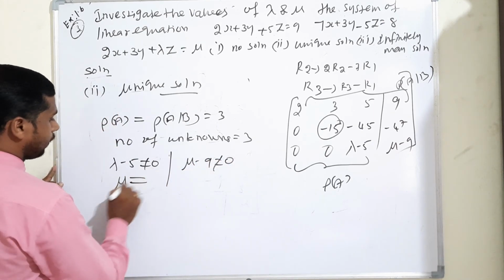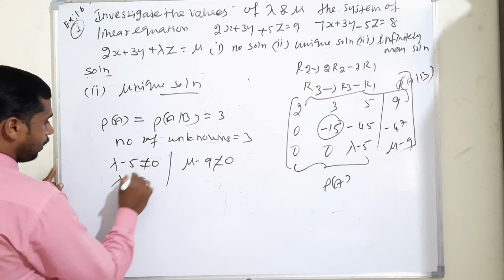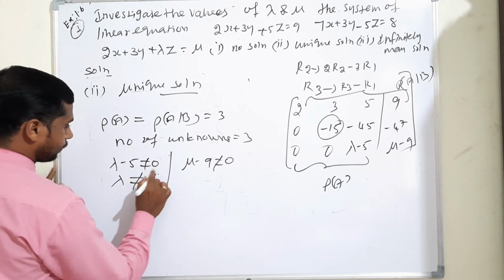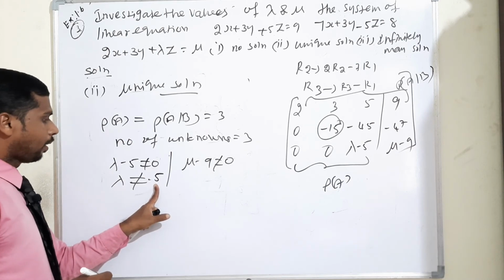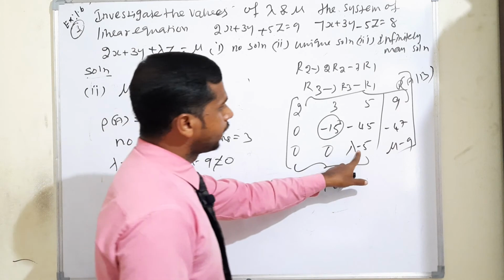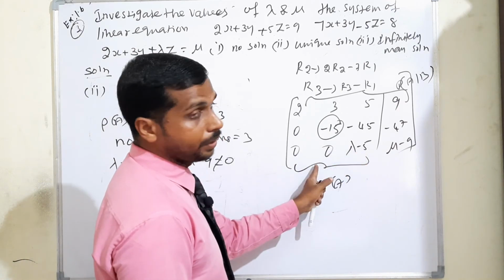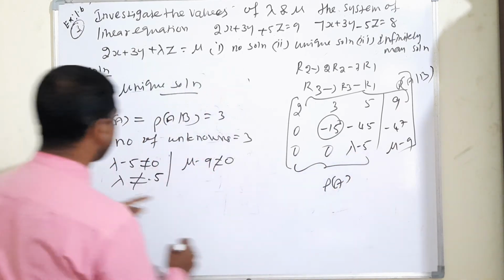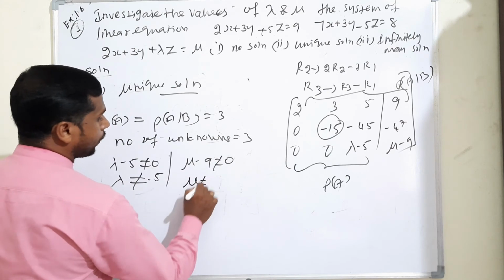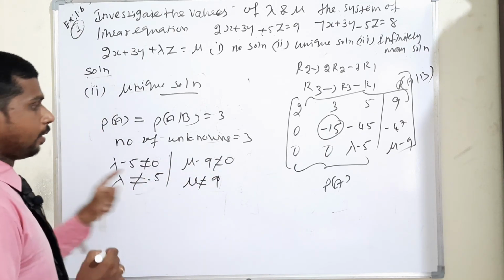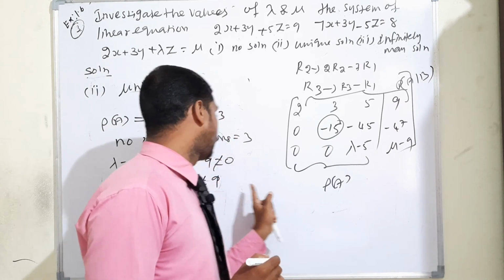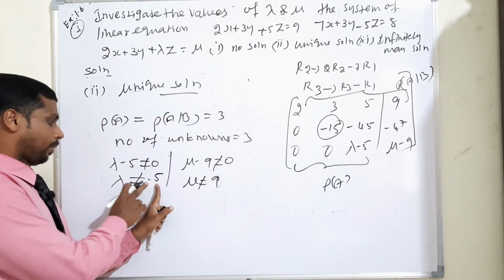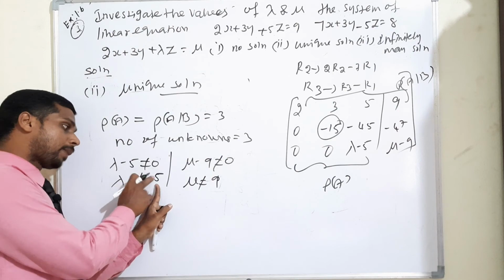Therefore we can say first lambda not equal to positive 5, isn't it? 4 also possible. 4 also possible means if lambda 4 is considered, 4 minus 5, minus 1 will come. So it is not a 0 row. The next condition also, mu minus 9 means mu not equal to positive 9. That's why I am telling dear, mu not equal to positive 9 only. We can consider only the not equal to 4 also. Even take it minus 5 also possible.